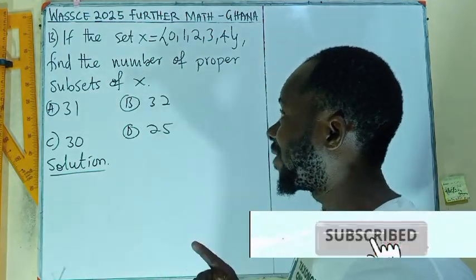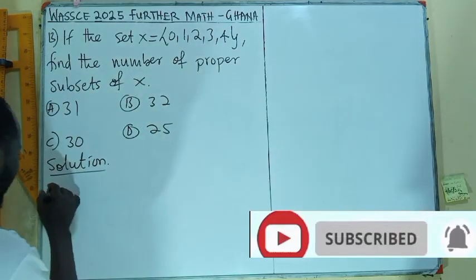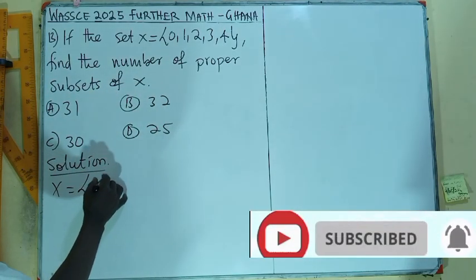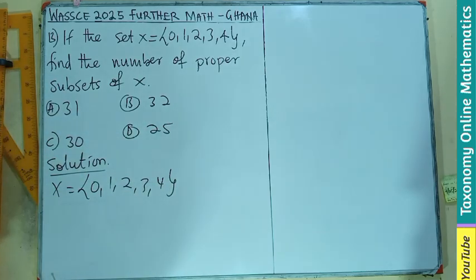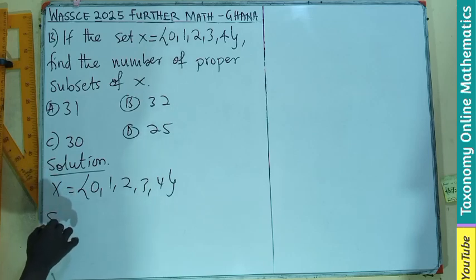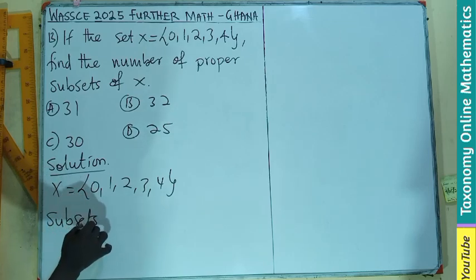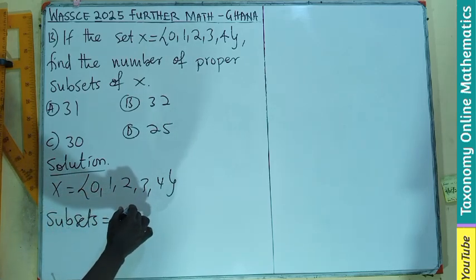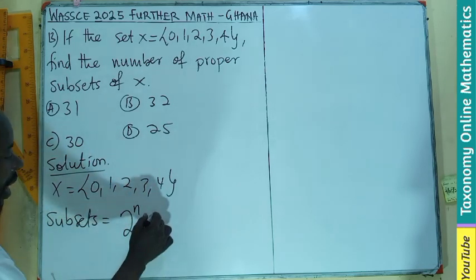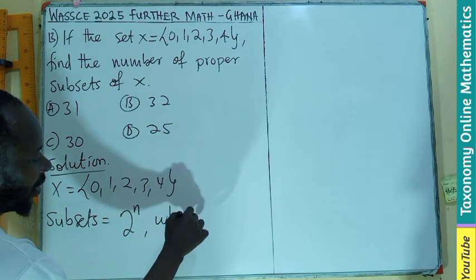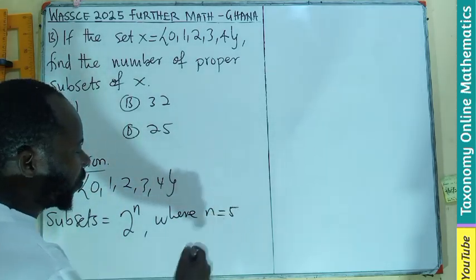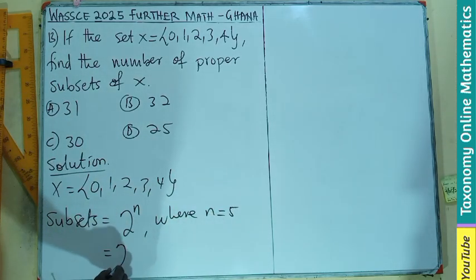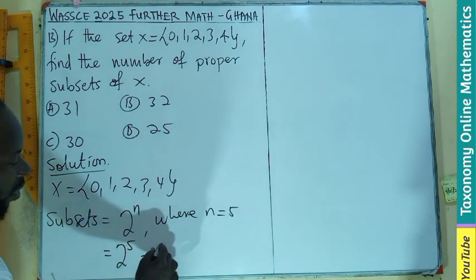Find if the set X, which has the elements 0, 1, 2, 3, 4, we are to find the number of proper subsets of X. Now, the number of subsets is given by 2 exponent n, where n is the number of elements: 1, 2, 3, 4, 5. That's 5. So I'll be having 2 exponent 5, which is